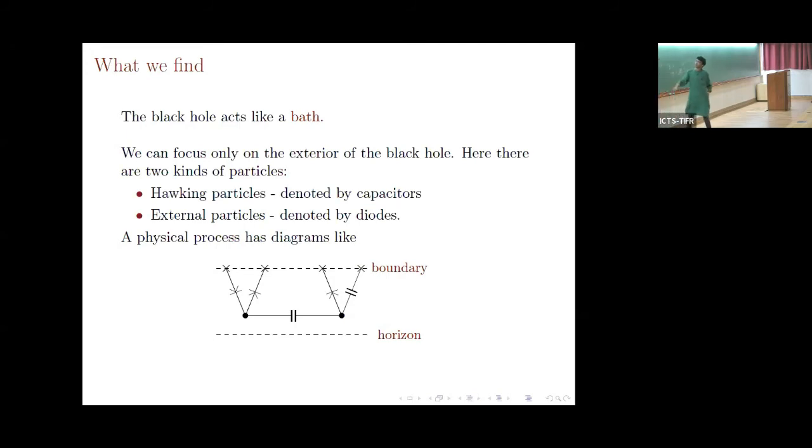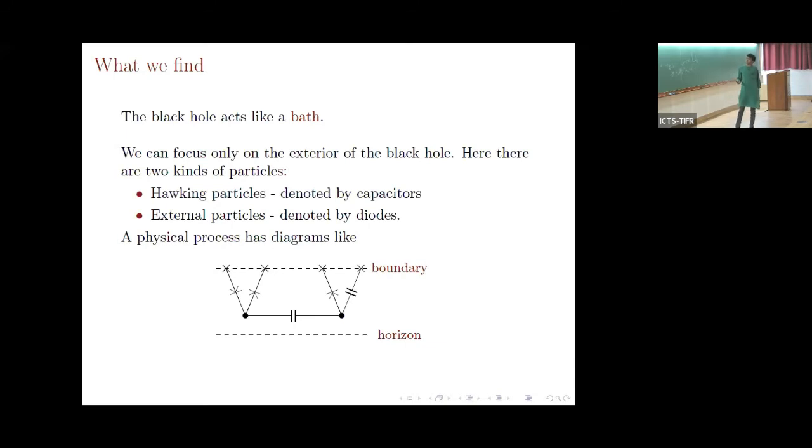The dotted line above is the boundary of the spacetime. It's like the boundary of the AdS. Many of the speakers showed you a cylinder for AdS. The boundary of the cylinder is the boundary of AdS, and the horizon is the horizon of the black hole. So what you're saying is that one particle is going in, which is the first line you see there. One pion is going in, and two pions are coming out. And there is some non-trivial Hawking fluctuation happening near the horizon or outside the horizon.